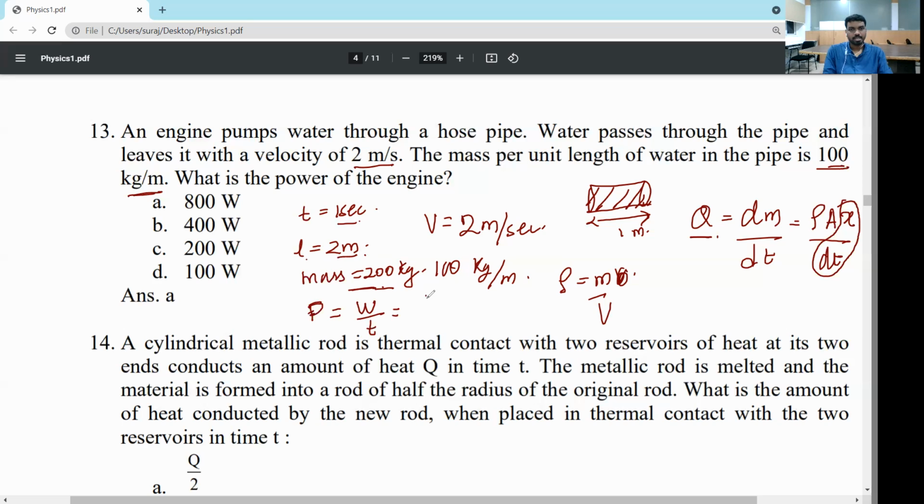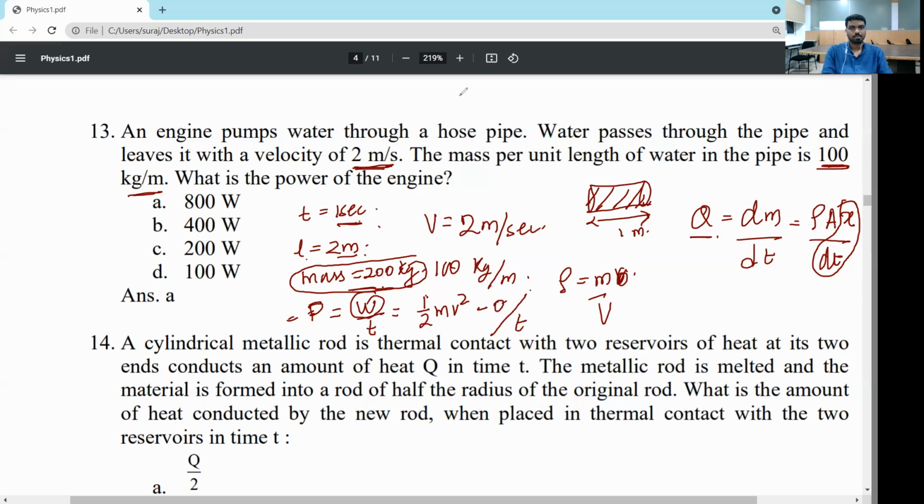So here this can be initial kinetic energy. Let's say power is final kinetic energy, half mv square, minus initial kinetic energy, 0, divided by time. So half m, mass is what here? Mass is 200 kg. Let's say initially it was at rest, so initial kinetic energy is 0. Final velocity is 2 meter per second. So half mv square divided by time. Time is how much? Within 1 second. This is how you find power. Work done is what? Changing kinetic energy. Work done is changing kinetic energy.